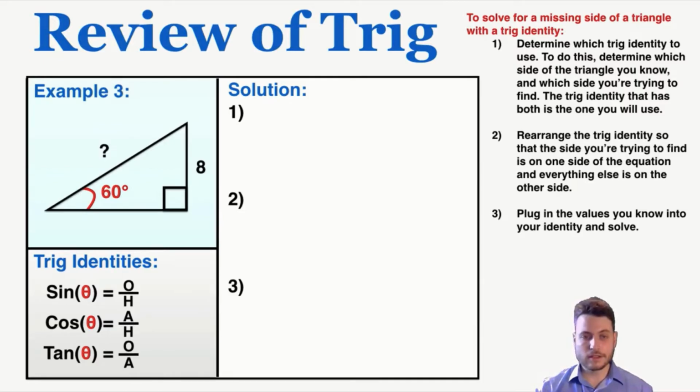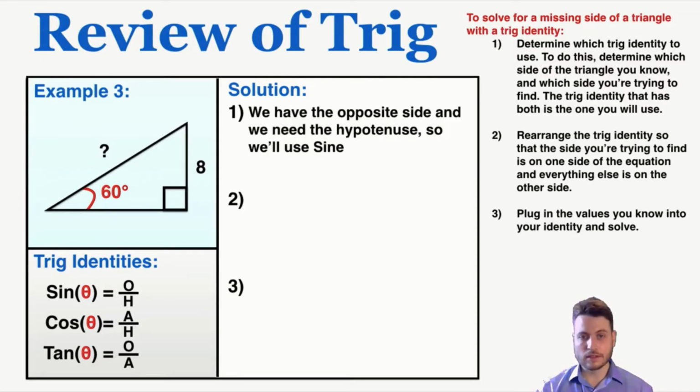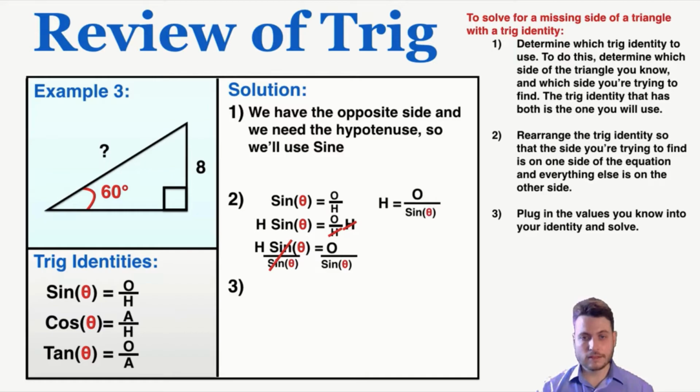Example number 3, you can see this time we're trying to find the hypotenuse and we have the opposite side. The only thing that connects those is sine, so that's what we'll use. And now I have to rearrange that for the hypotenuse to get the hypotenuse by itself. And this is what that looks like. The hypotenuse is equal to the opposite side over sine theta. Finally, I'm just plugging in my values. The hypotenuse is equal to 8 over sine of 60, and according to my calculator, that's 9.2,